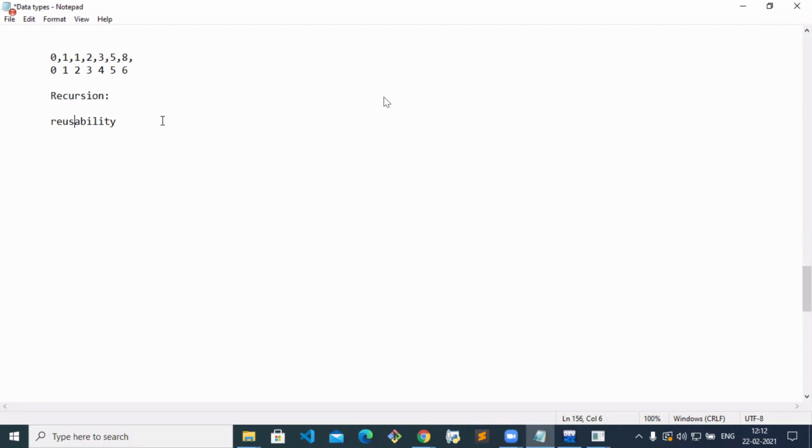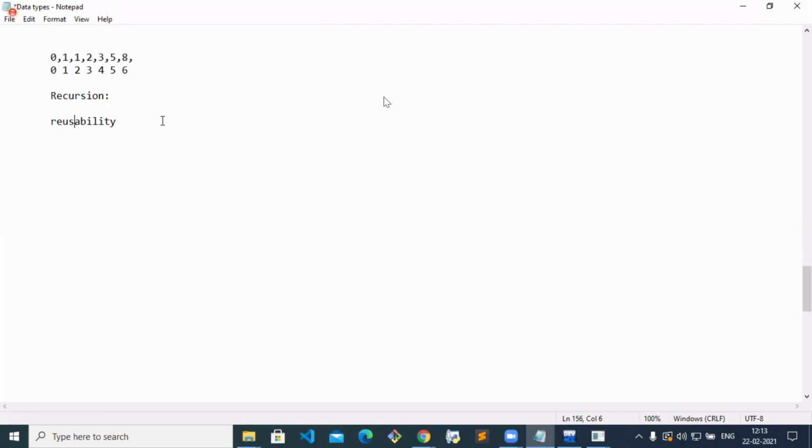Suppose Fibonacci, what is the code we have written? In the Fibonacci part, if it is 0, you return 0. If it is 1, you return 1. Next time, we are calling the same function, adding those two numbers, repeatedly. So it reduces the number of lines of code to only two conditions we are verifying. Suppose there are 1,000 numbers, you would have to print 0 plus 1, 1 plus 1, 2 plus 1, everything like that. Instead of doing that, we are using only two conditions to calculate the Fibonacci.